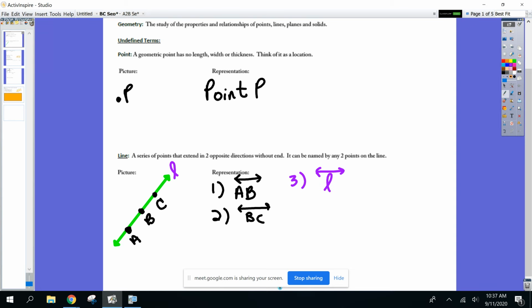So line out. Okay? So a couple different ways to name a line, but you have to have that symbol above. If you just put AB without the symbol above, I have no idea what you're talking about. Okay? Any questions on the line? Point, line, and then finally,